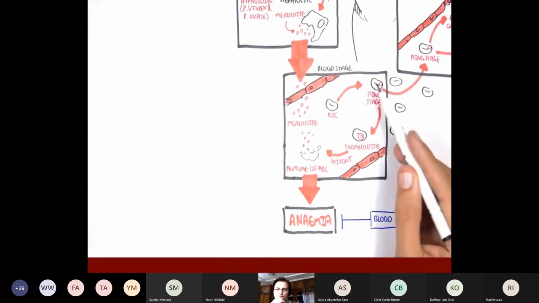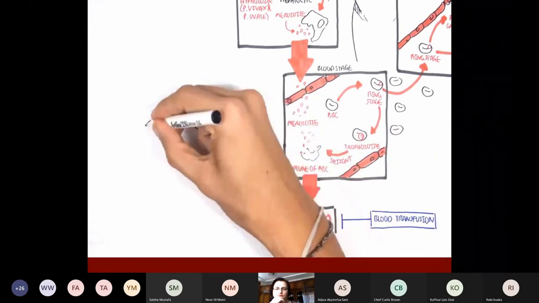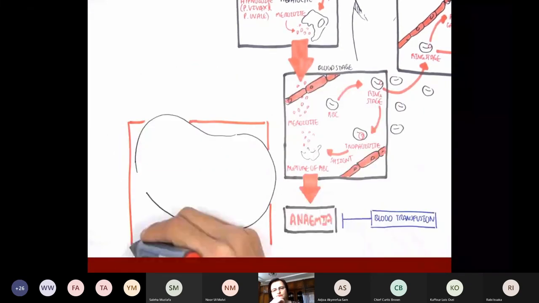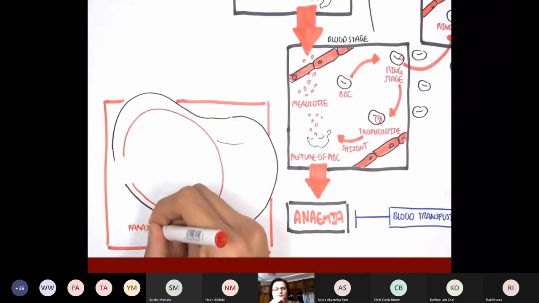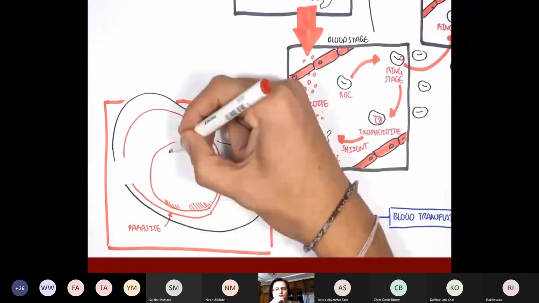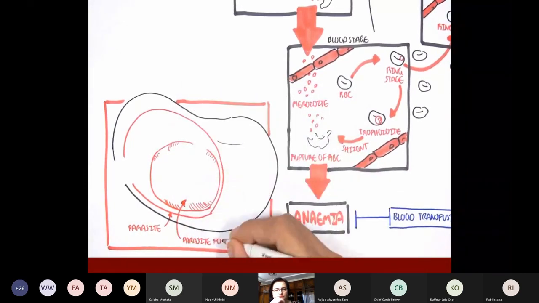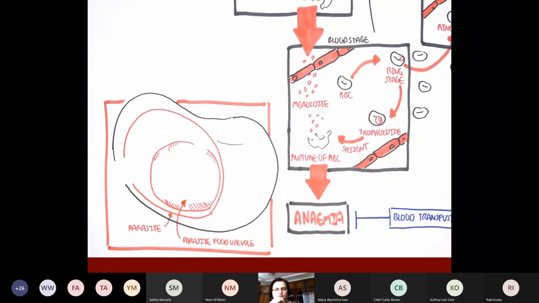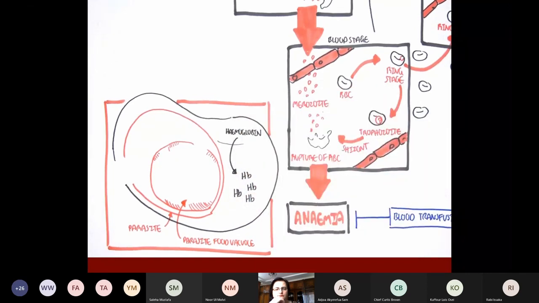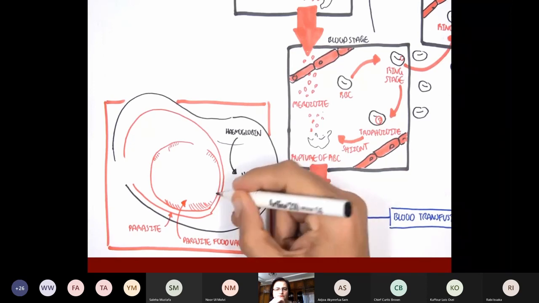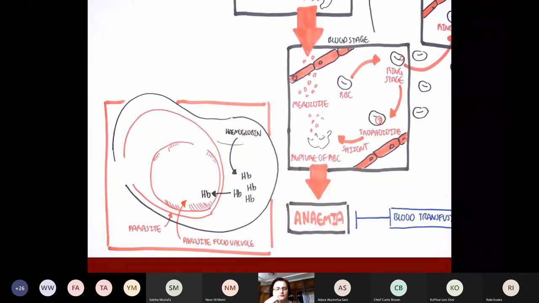To understand quinolones, we have to understand how the Plasmodium parasite survives in red blood cells. So here's a red blood cell, and here is the parasite. The parasite has what's called a vacuole, which is important for basically nutrition, metabolism. Now, the red blood cells contain many hemoglobins, right? And the hemoglobins, as we know, are responsible for delivering oxygen to body tissues. Well, the parasite within the red blood cell will use the hemoglobin.